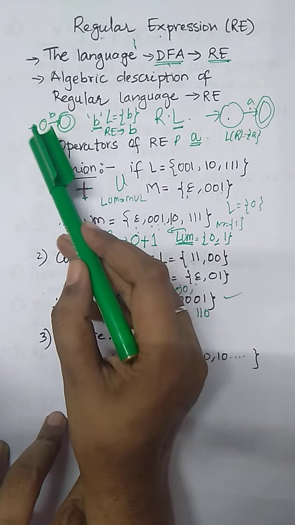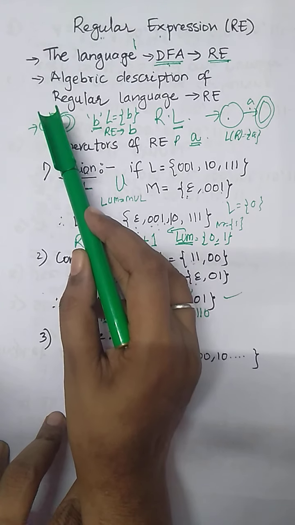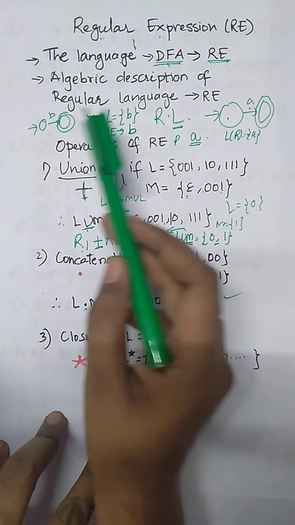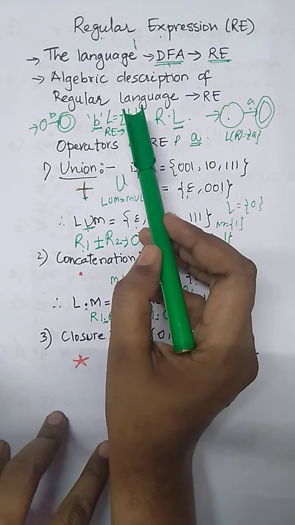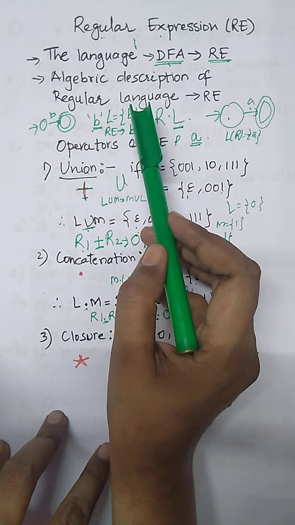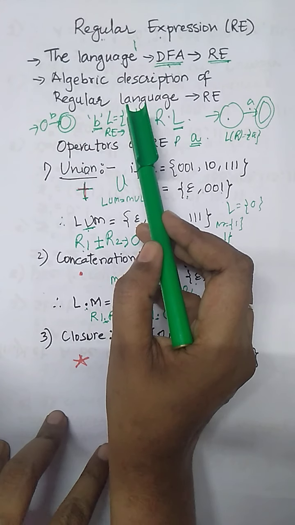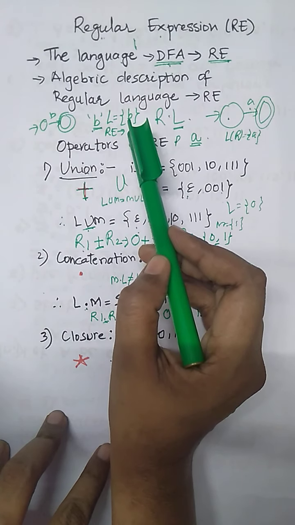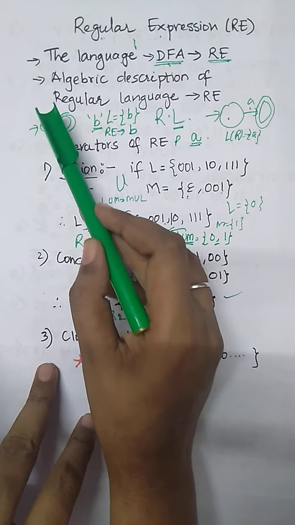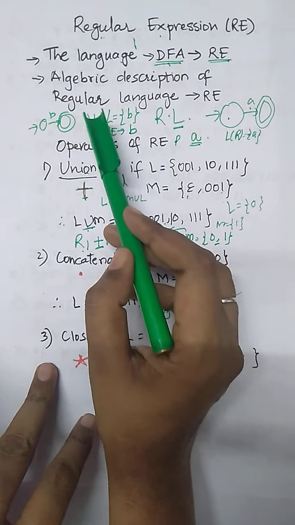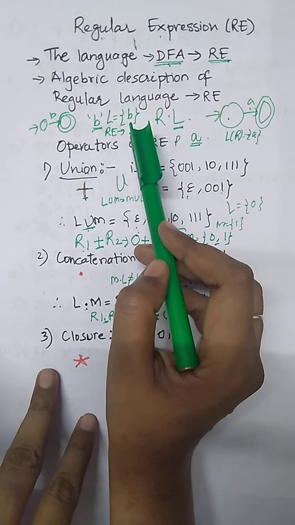Here we have noted one DFA. From the initial state we are reaching the final state by using which string? We are using string B. So B in the language format can be written as L, which is the set of strings accepted by this DFA, only one string. So this is the language notation. How can we write it directly in the expression notation? The string reaching from the initial state to the final state is only B. That we call a regular expression. So the regular expression will be only B.